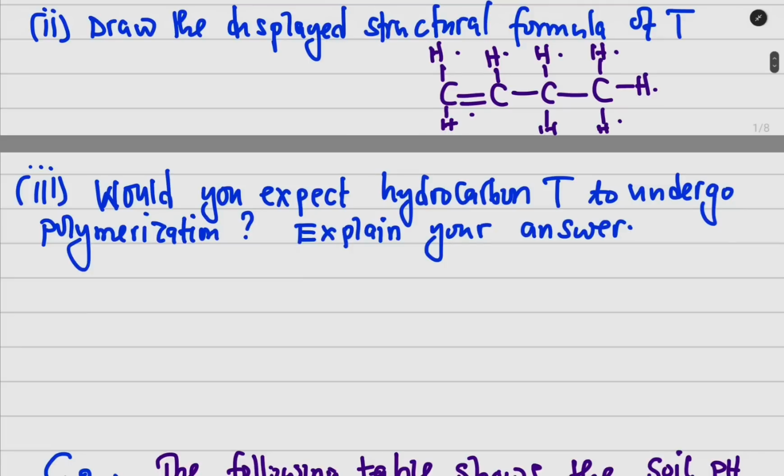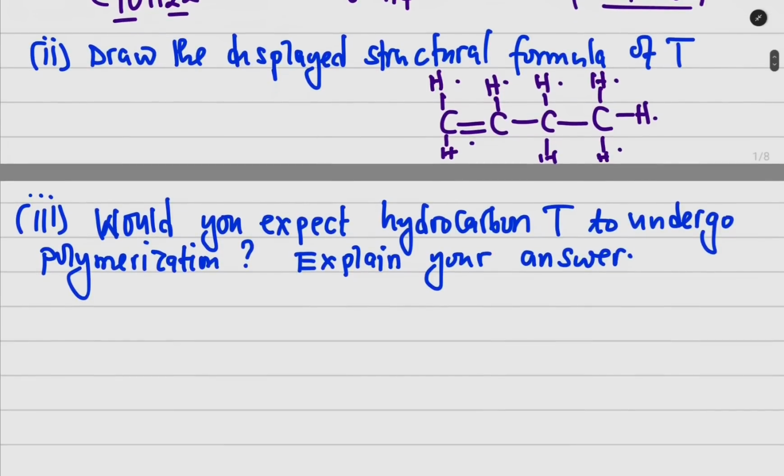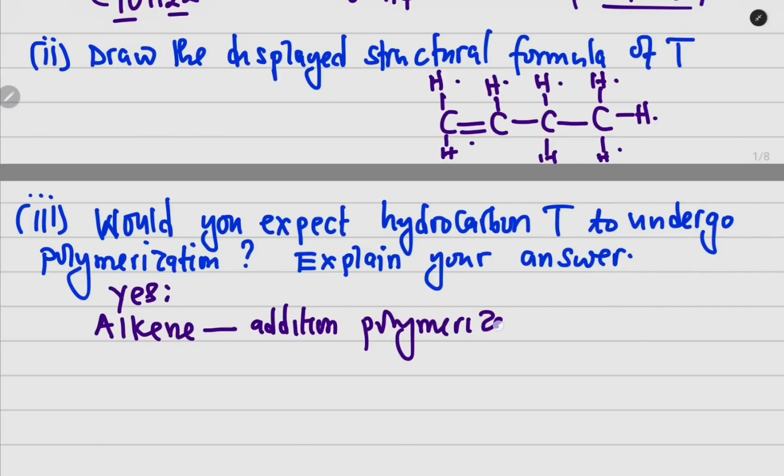Explain your answer. Now, since we've identified that the hydrocarbon T here is a butene, yes, it undergoes polymerization. So would you expect the hydrocarbon T to undergo polymerization? Yes. Explain your answer. Now look at this. We said that is butene and it's an alkene. And alkenes, you know that they undergo what we call addition polymerization